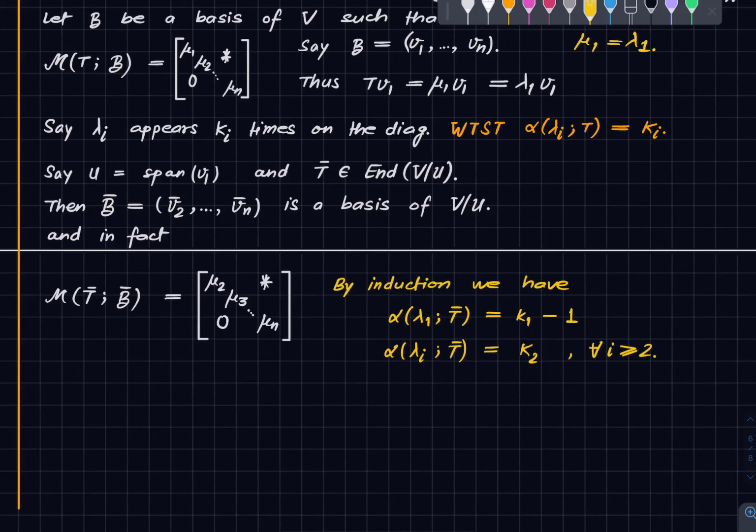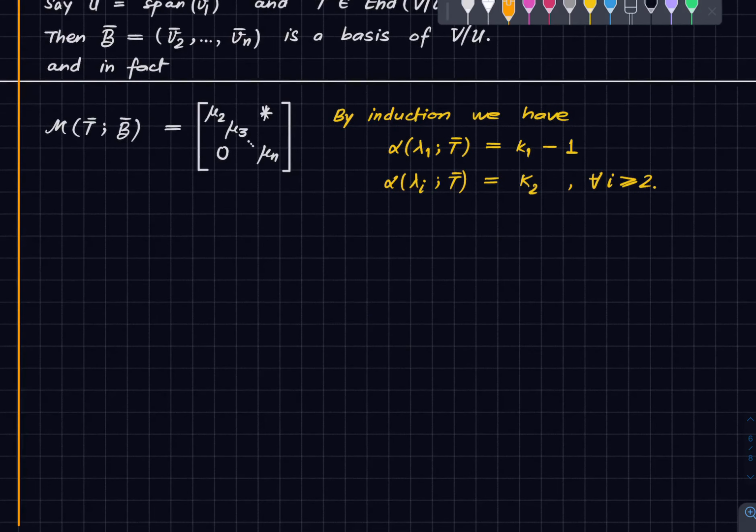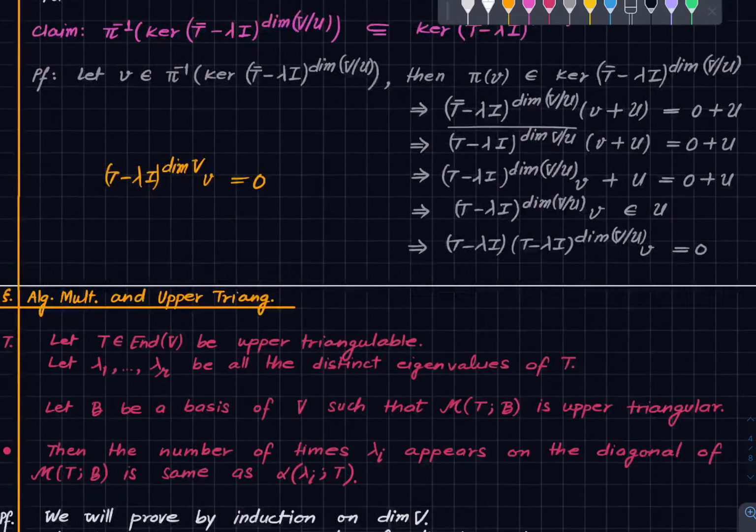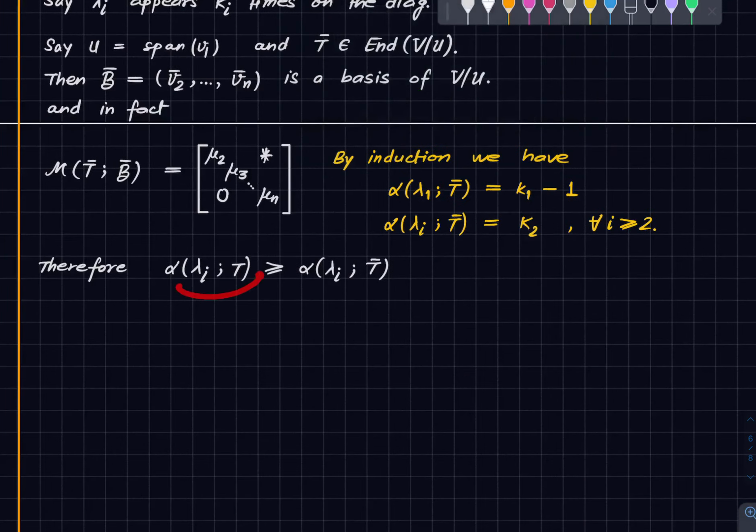Okay, so we have that, and therefore the algebraic multiplicity of lambda i with respect to T is at least this much. So hopefully I wrote that in the recall. This is what we proved in the previous lecture, I think. So let me just go to the recall and see if I actually wrote this. Yeah, I wrote that. So we have that the algebraic multiplicity of lambda i with respect to the original endomorphism is at least that much, which is equal to ki for all i greater than or equal to 2,